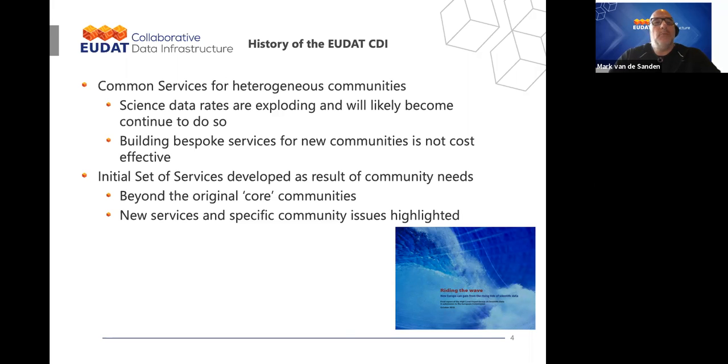And that becomes much more challenging. At the time when EUDAT started, but it still is, the data rates are exploding, exponential growth on data. Communities are upgrading their infrastructure, their technologies, and therefore they also accumulate much more data than when they started. So the basis of where EUDAT has started is to see how we can analyze what are the requirements from the communities, what kind of